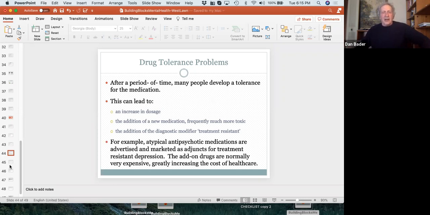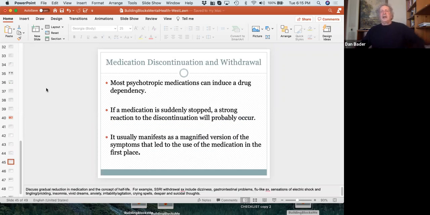Okay, let's see what we have next. Okay, medication discontinuation and withdrawal. Most psychotropic medications can induce a drug dependency, just like most drugs can. If a medication is suddenly stopped, a strong reaction to the discontinuation will probably occur. It usually manifests as a magnified version of the symptoms that led to the use of the medication in the first place. So, for example,